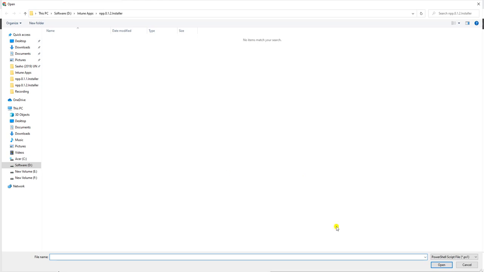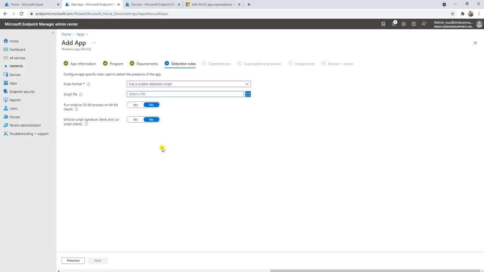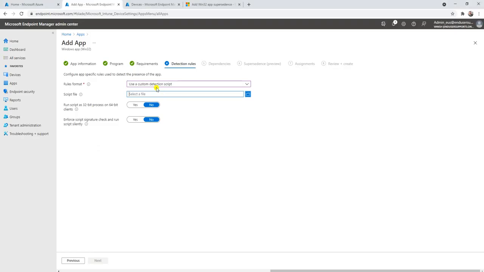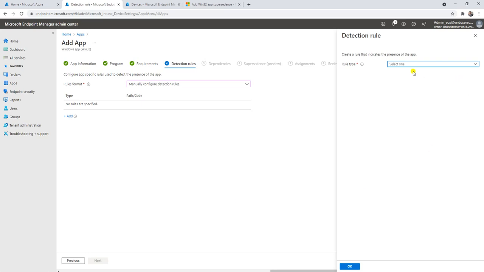If you write a PowerShell script, it shows PS1, or you can use any other script, but I prefer PowerShell because it's more compatible with your Intune infrastructure. I'm sorry, let me go with manually and click add here.